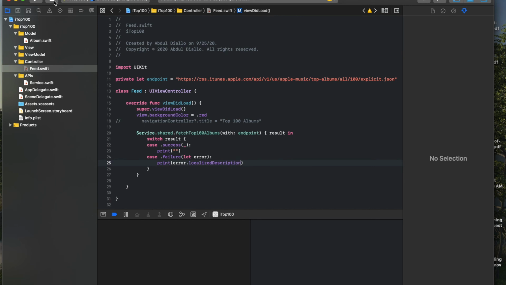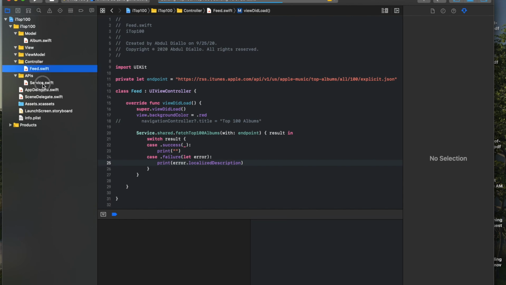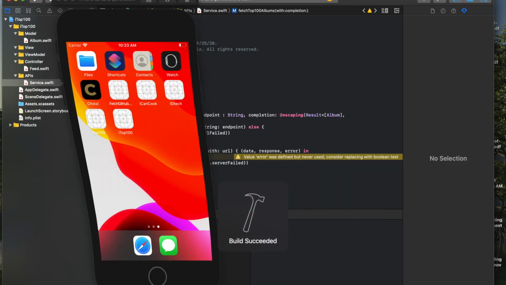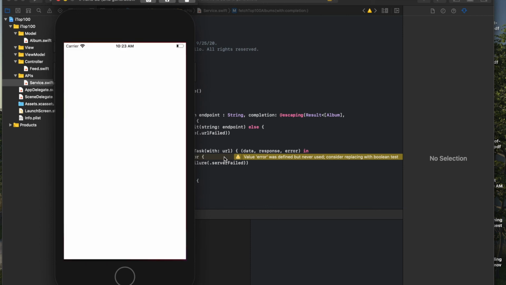Now let's go ahead and call this function and see what's going on. Remember guys, if there is a success here, we just print the data. Okay, let's see what's going on. If we will have our data back,